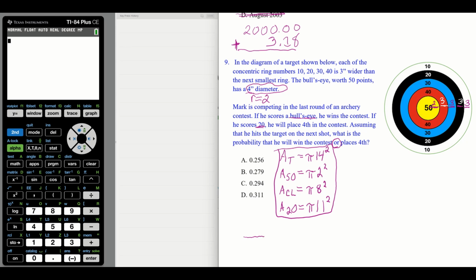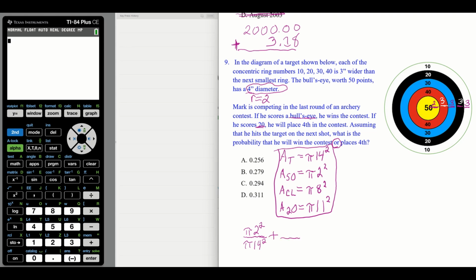What's our part? What's our total? So the bullseye is pi 2 squared over the total, which is pi what? 14 squared. Okay, then we're going to add that